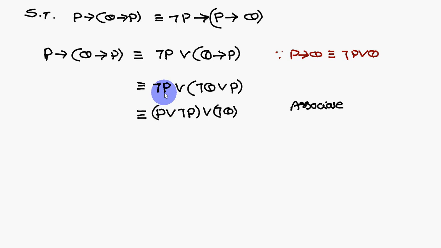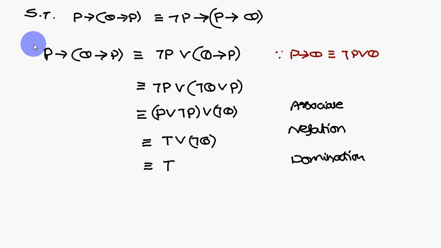Just check it. Here not P is there, here P is there. This you can write as P or not P or not Q using associative law. So this is nothing but always P or not P, always true or not Q. So or what it says, at least one should be true. Here one is true, therefore the result is true. So we have taken the left hand side and proved it as true. You take the right hand side and prove it also as true.